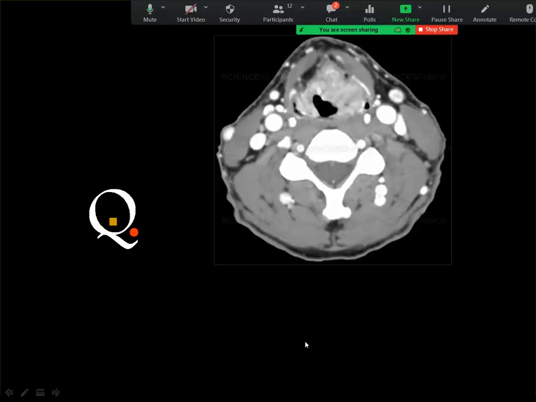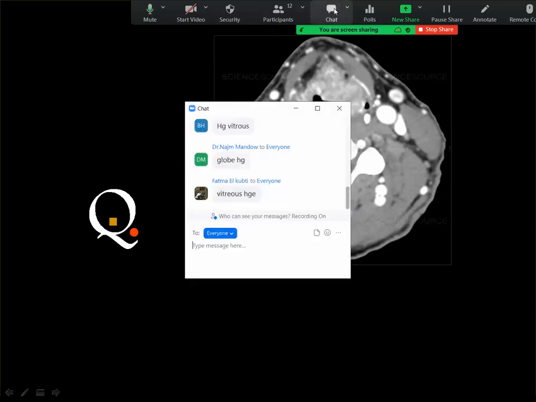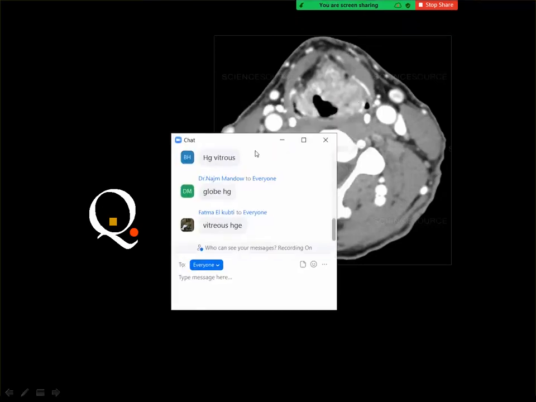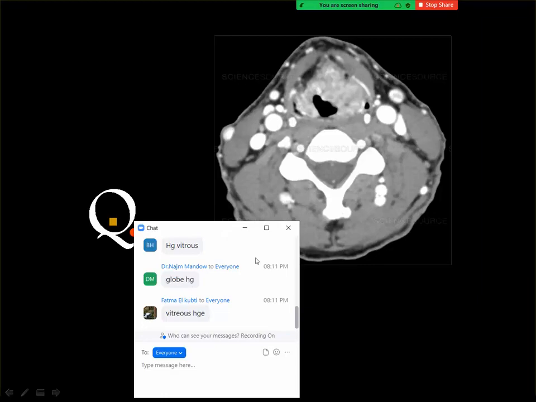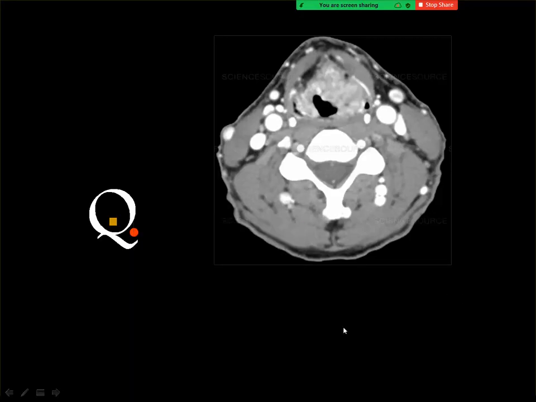Then the next case is an axial CT image of the neck at the level of the thyroid cartilage. No, this is not cancer thyroid. Laryngeal carcinoma, and the answer is good. Laryngeal cancer, because this is a supraglottic laryngeal cancer before the level of the vocal cords, and you see a